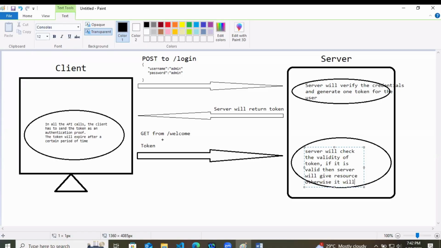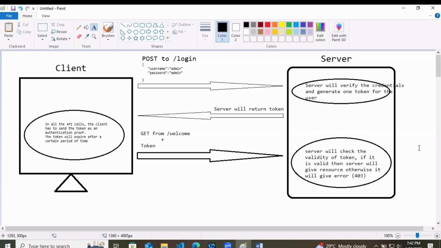Otherwise, it will give an error, and generally it gives a 403 error. By the way, I have told you what 403 is. Like 404 is very common, not found, right? What is 403? 403 is forbidden.